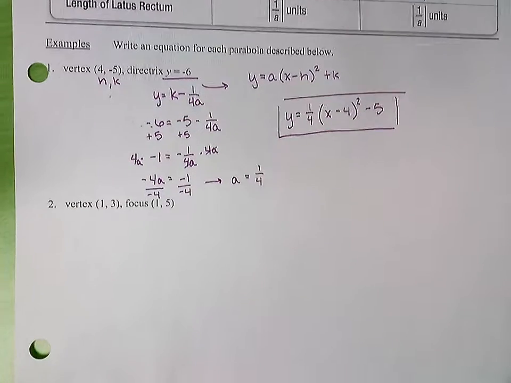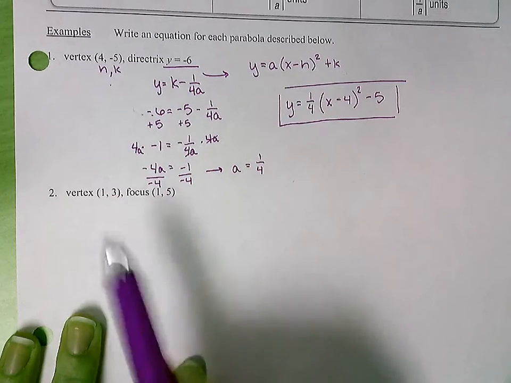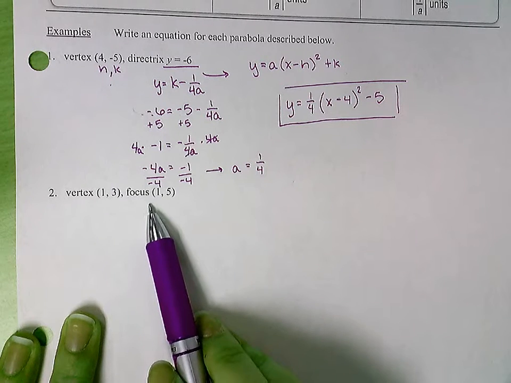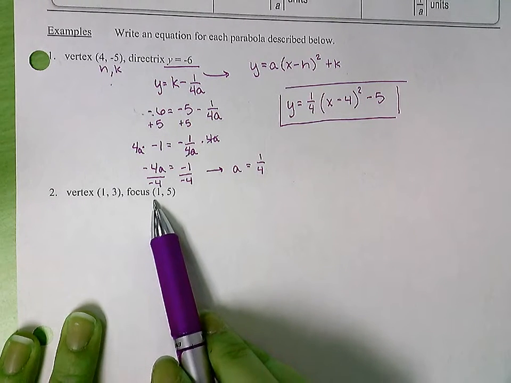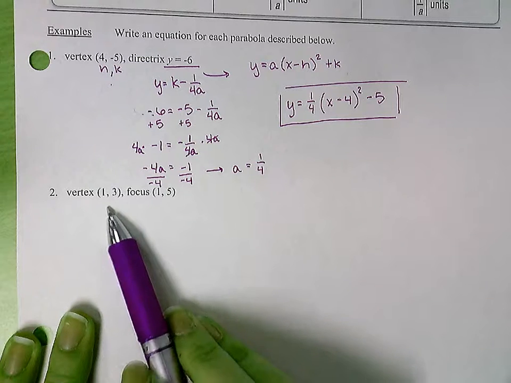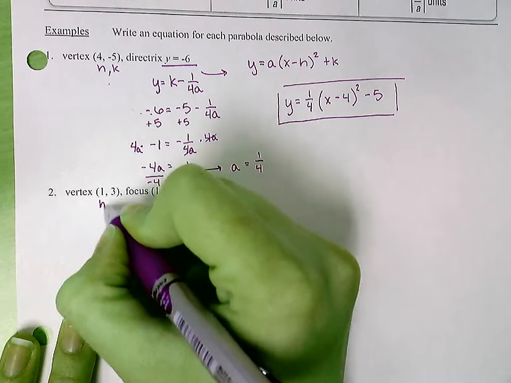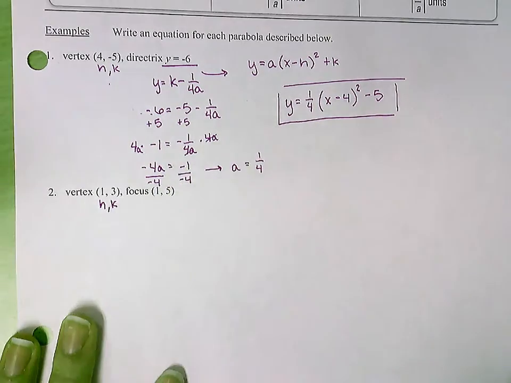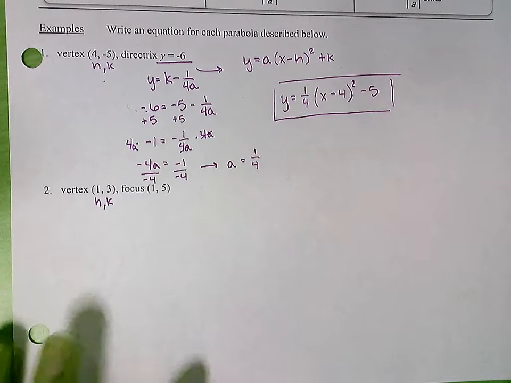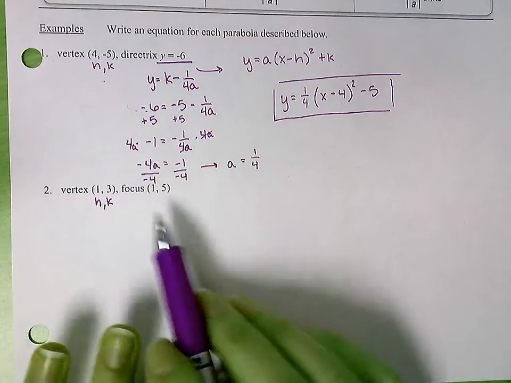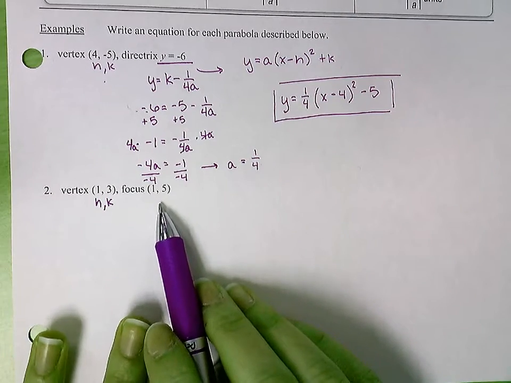All right, so if you look at number 2, again, we're given the vertex, but this time we're also given the focus. Okay, so vertex, if you look above, it doesn't matter which equation, it's always h comma k. Okay, so whenever you're given a vertex, it's always h comma k. So h is 1, k is 3. Now your focus,